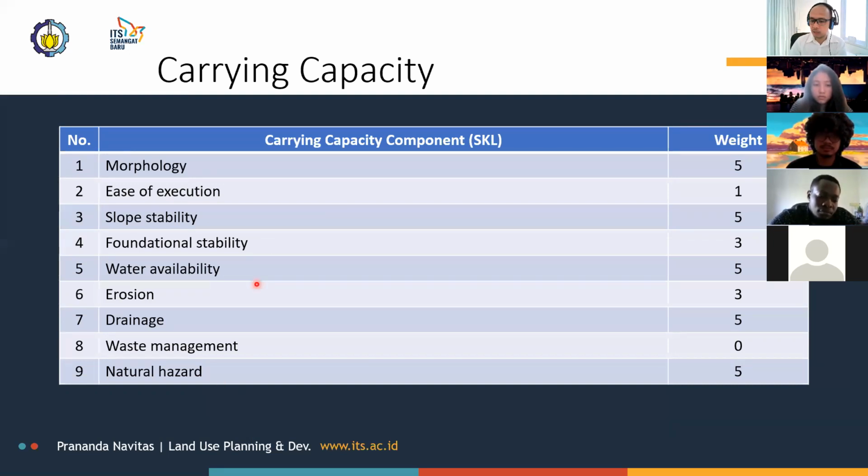Land stability and erosion are not as important, I suppose. I think the possibilities of erosion happening would be minimized if you have slope stability and so on. And then of course, ease of execution here is the second least